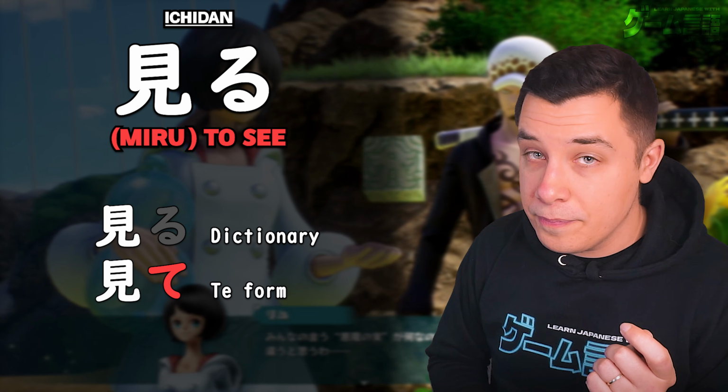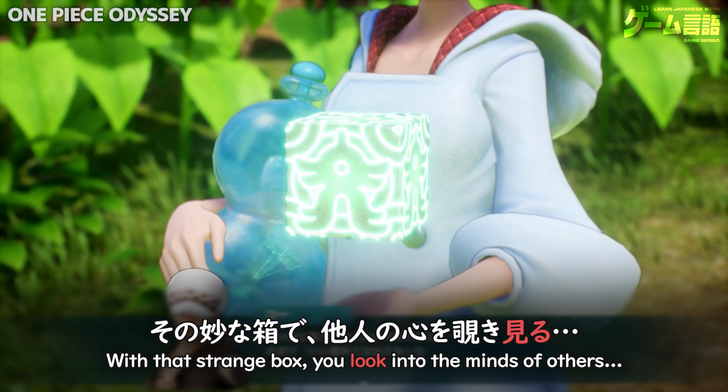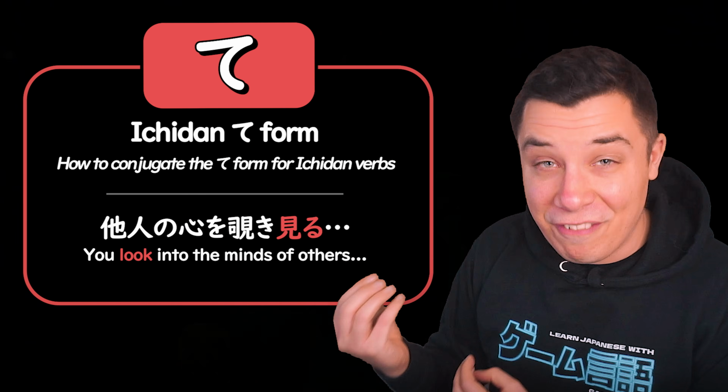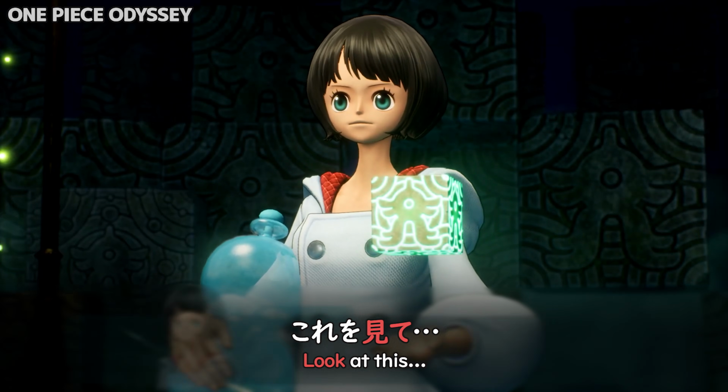Miru, to look. その妙な箱で他人の心を覗き見る。 Mite, to look in the te form. これを見て。